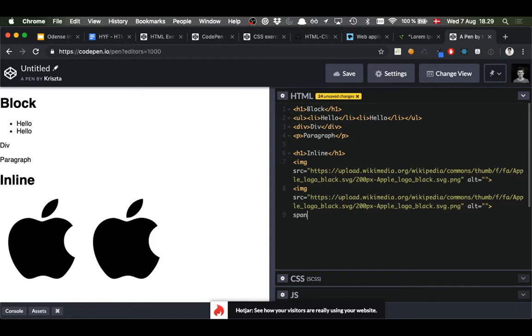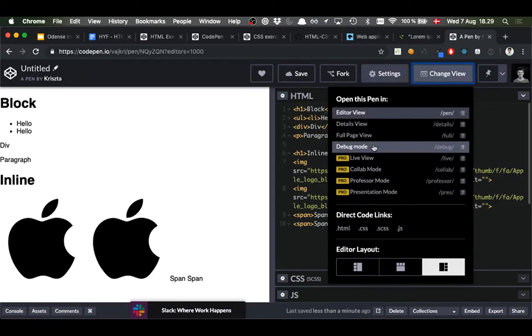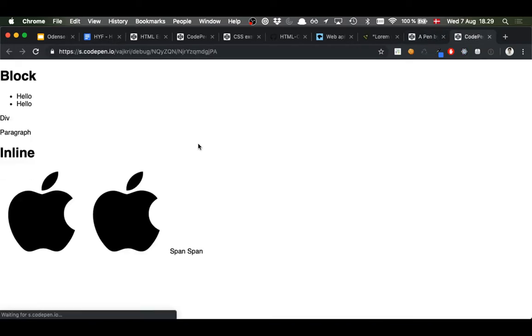A span? Span. Yeah. They will. You see it. And then if I add another span, it will again jump next to each other. So if I just save this and try to inspect,